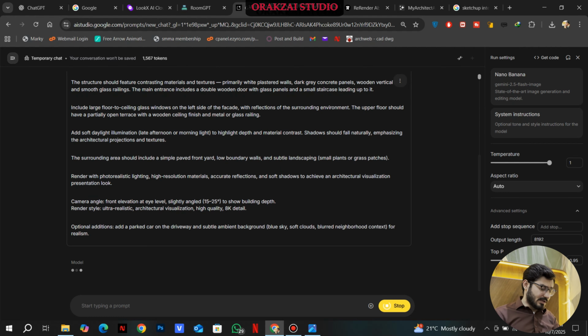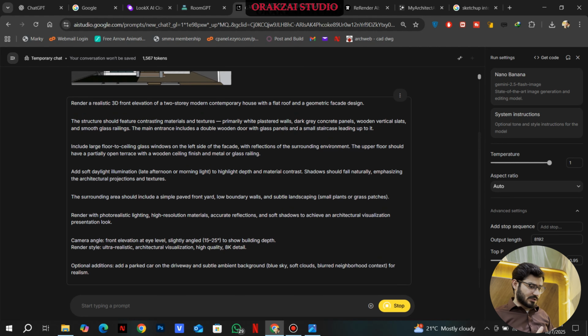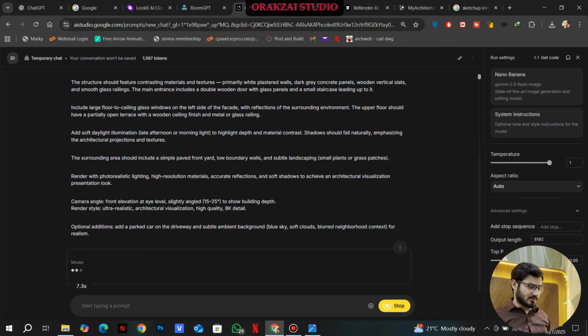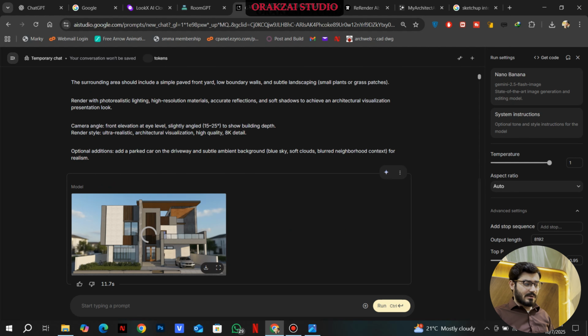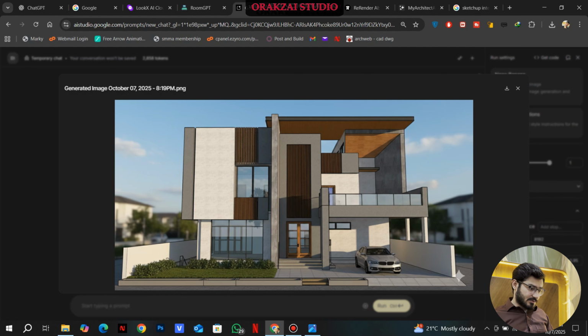Now this Nano Banana Google AI sometimes has issues. Sometimes it completes its loading but does not show its images, so you have to close the tab and retry the render again. Let's see the image. Okay, so I think what it did is, yes, it added a few elements around it, a few realism touches, but it did not convert my existing SketchUp model into realism. The material is not realistic itself. I think we have a little issue with the prompt over here as well,